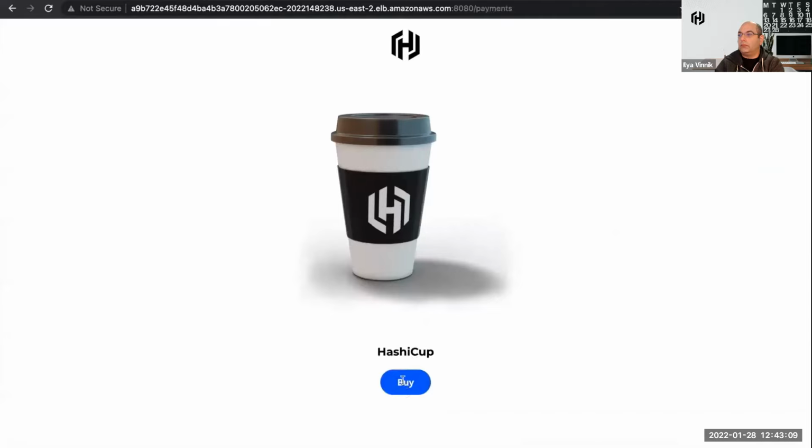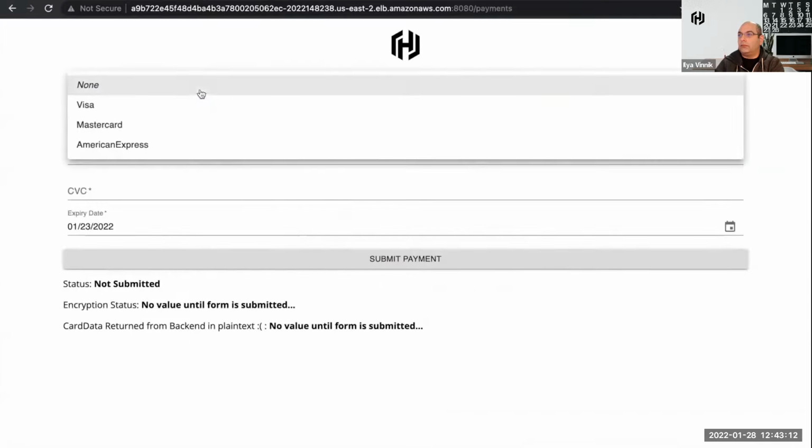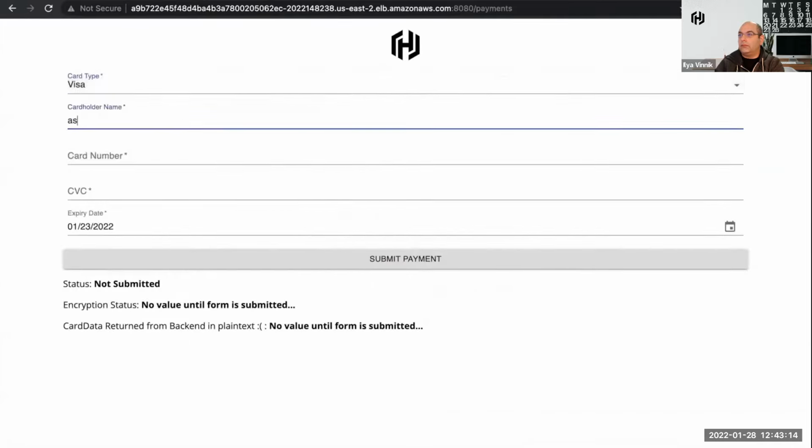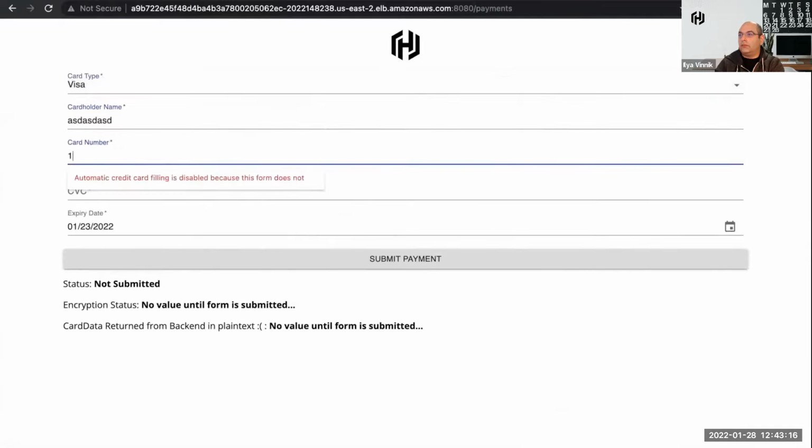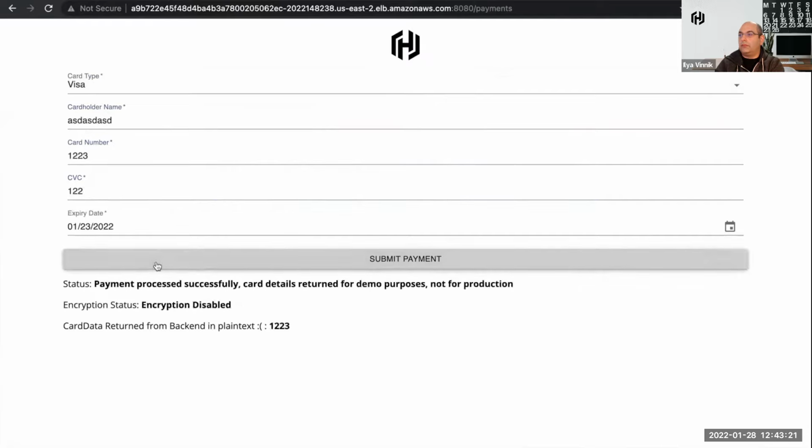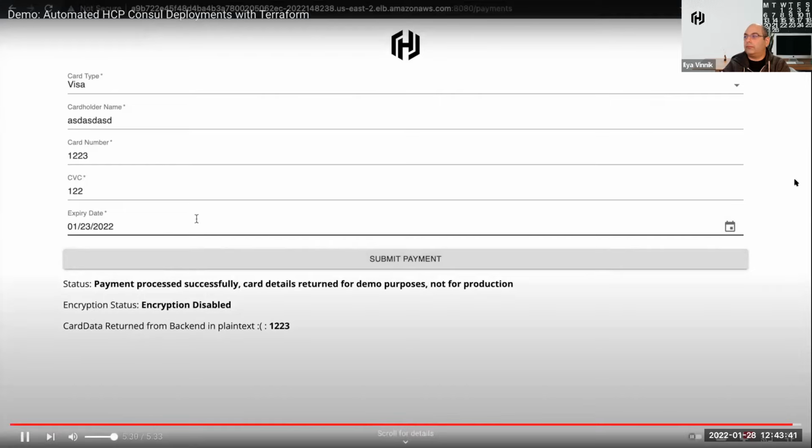All right, now we can order a cup of HashiCorp's coffee. So in essentially about 20 minutes, we have completed an end-to-end deployment, connecting to your VPC, installing a new EKS cluster in an existing subnet and in an existing VPC, deploying a HashiCorp app so that you can get started with service mesh. Thanks for listening.